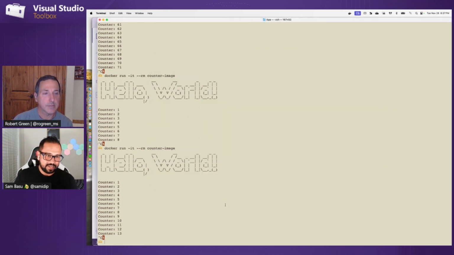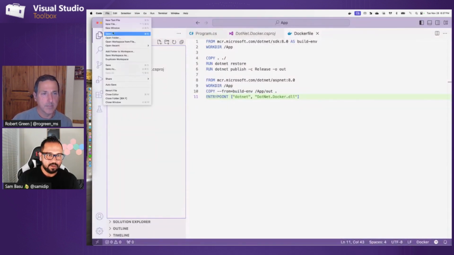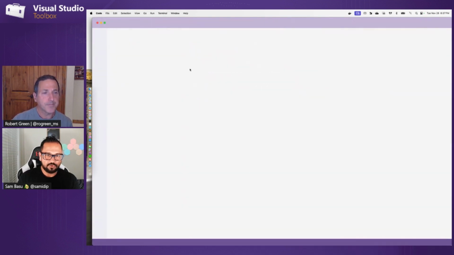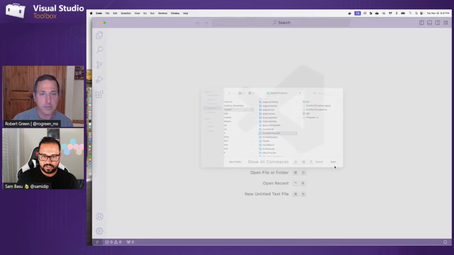Now, there is something that the .NET 8 team did very recently, which was really nice. So let me pull that up. So let's go here. We're going to bail out of this folder, and we're going to open up another app here. Same folder, but this one, we're going to look at the chiseled app.